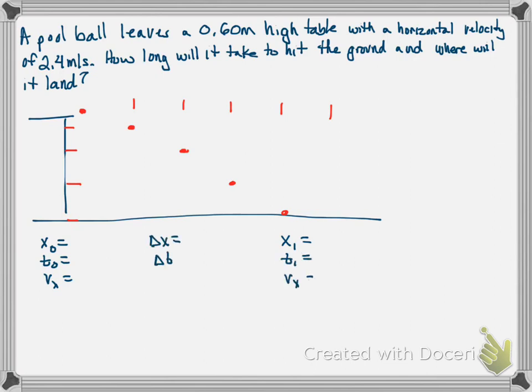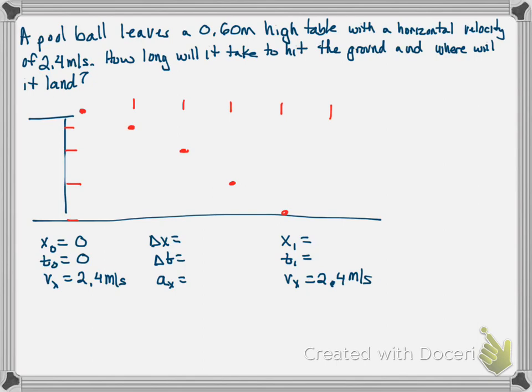And then I set up the possible variables in the x direction, and start filling those in. So let's see what we know. We know that x0 is 0. That's just because I get to choose where the origin is. I would choose the origin as the base of the table. t0 is 0 because I'm going to start the clock at 0. Vx is 2.4 meters per second because we are told that it leaves the table with a horizontal velocity of 2.4 meters per second. That means that it also is traveling 2.4 meters per second in the split second before